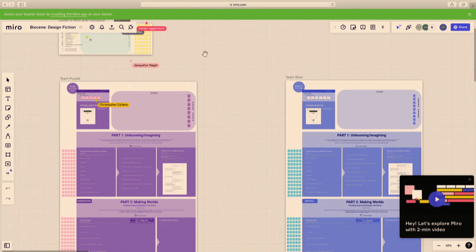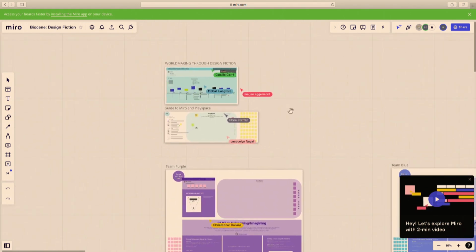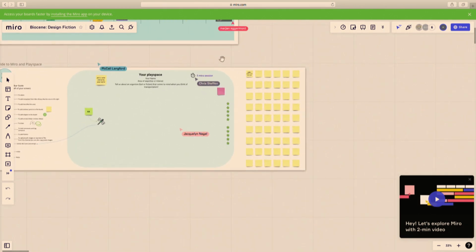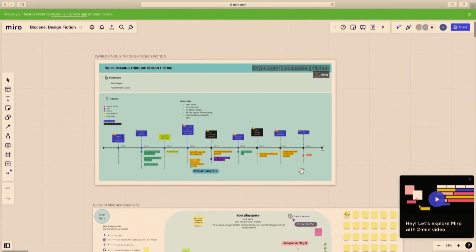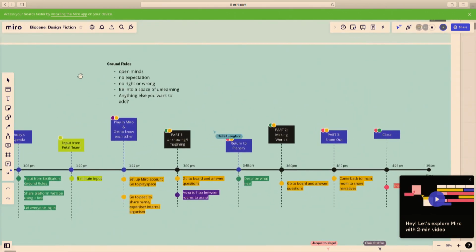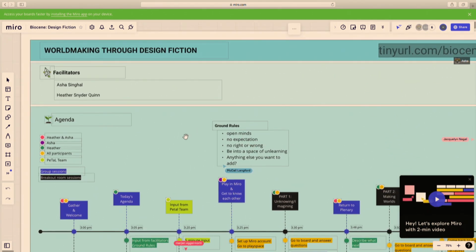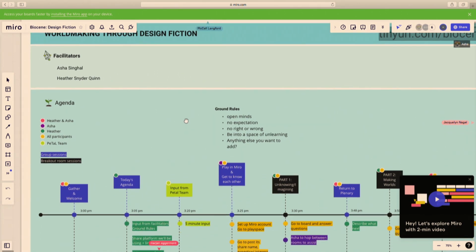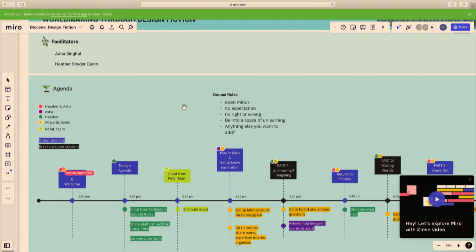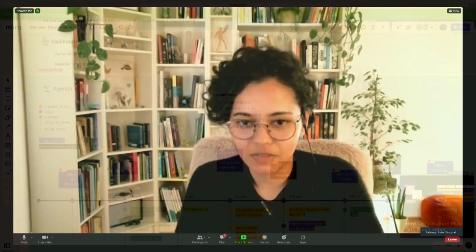Okay, so Asha, do you want to add anything to what I said so far before I go to the slides? Yeah, first I didn't realize I was so big and I was on camera, so hi. I've just been looking at the different screen. I think this is great. For a couple of people, this is going to be the first time working in Miro. There are some people who've used it many times before, and we have a little play space for you. So if you're already logged in, feel free to start playing around. Otherwise, we're going to have a little input and just start.